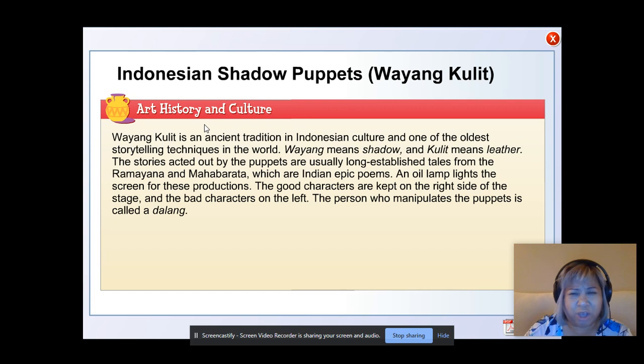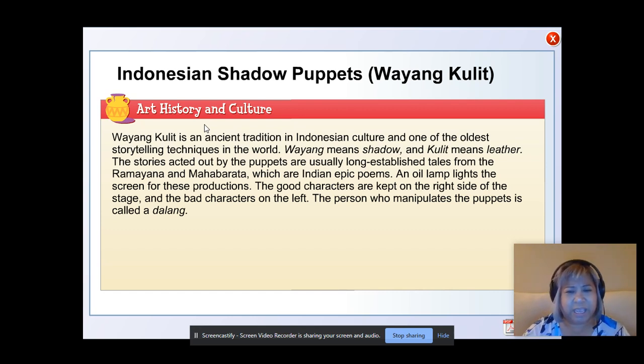They're usually long. The stories are usually some old tales that they get from the Ramayana and the Mahabharata, which is an Indian epic poem. And they would use the oil lamps on the screens. The oil lamps light the screens for the productions, and then they would get behind it. Kind of like when you put your hands in front of a flashlight and you make the shadows on the wall. They did this, and they cut out these leather pieces, and they would create these fine pieces of art